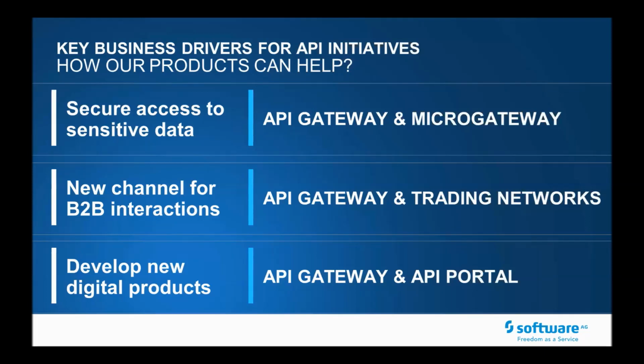API management and B2B interactions are converging. In the B2B space, API is just another way of communicating, just yet another way of opening up a channel for my partners to work with. webMethods customers know very well our Trading Networks B2B platform, which is an established platform in the B2B space that is right now integrated with our API gateway to utilize the APIs that they want to use with their business partners.